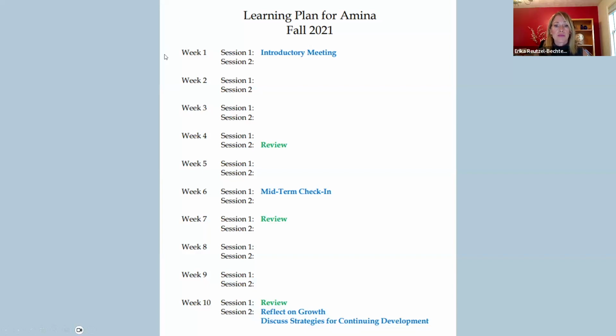So instead of feeling like it's just this whole semester ahead of me, let's start mapping it out. We know we have 10 weeks and we have 2 sessions each week. I would start with the items in blue. So day 1 is our introductory meeting. So I kind of already know what's going to happen there. We're going to meet each other, we're going to be introduced, and we're going to work on our student goals